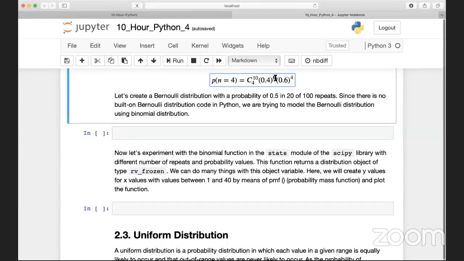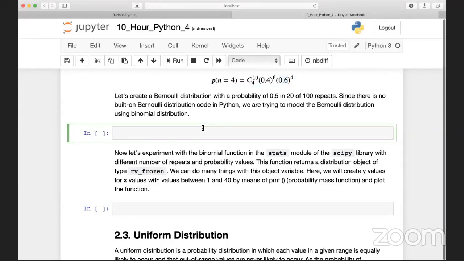We toss a coin 10 times. That's why if we have 4 here, we need to have 6 here. And this complements the probability here. This is our main focus, this one. And this is the number of combinations that we have, all right? So it's really easy to derive the binomial distribution